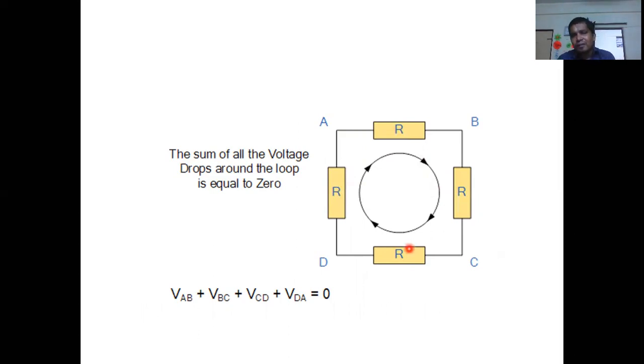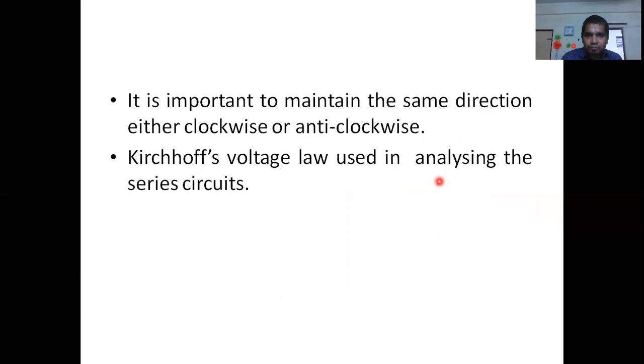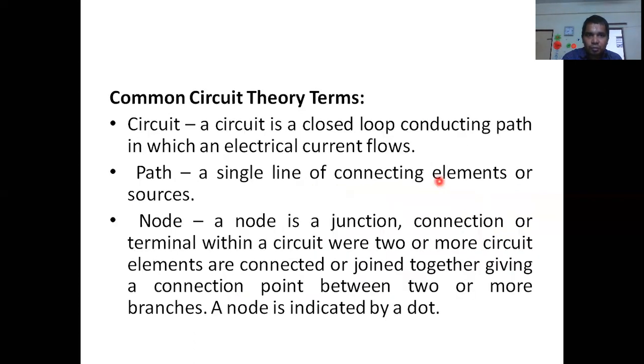Sources means that which is supplying electricity. Resistance is a load, right? Resistance is a load which is consuming electricity. Load means that device which is consuming electricity. It's a load from the electrical point of view, and source means the one which is supplying the electricity, right? So this is also a circuit, but here we do not have any sources. So that is a circuit.